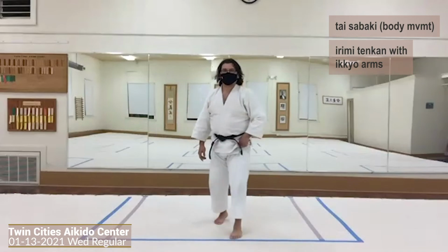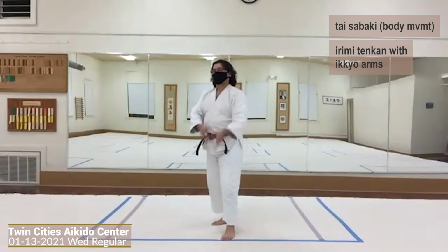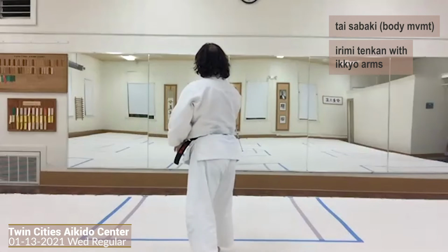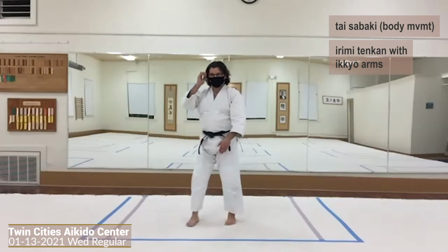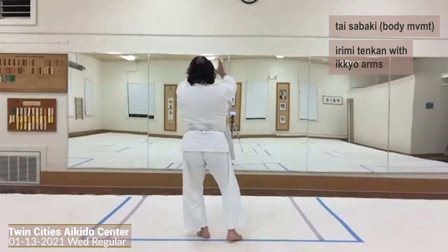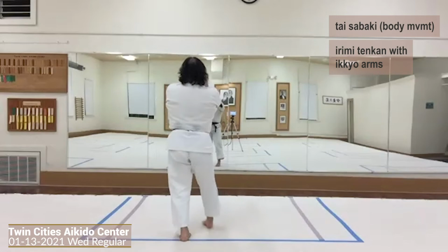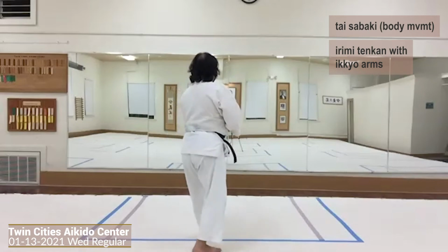Front foot tension. I'm here, something's attacking me from my front side. Oh, wait, sorry, pardon me, I forgot to do irimi tenkan with ikkyo arms. So, step, hands are up, hands come down. Step, hands come up, hands come down, okay? So, irimi tenkan with ikkyo arms. And step, pivot, draw back. Step, pivot, draw back. Step, pivot, draw back, san. Step, pivot, draw back, shi. Now,